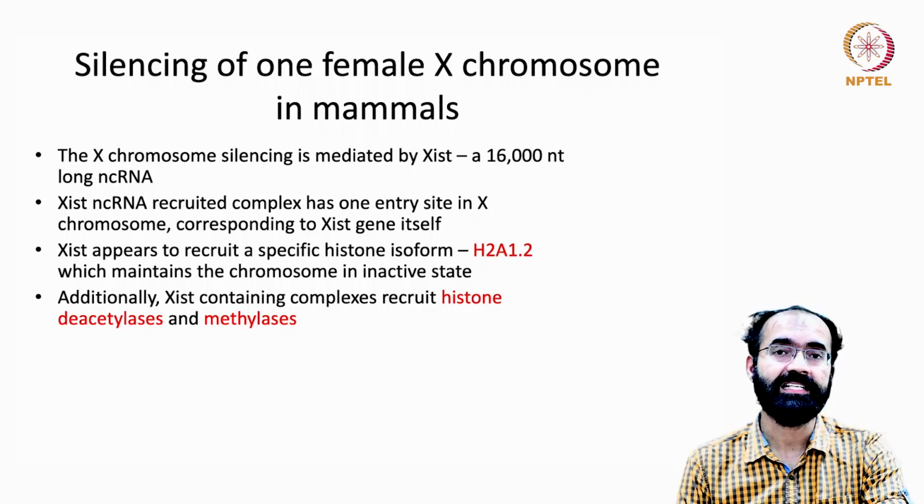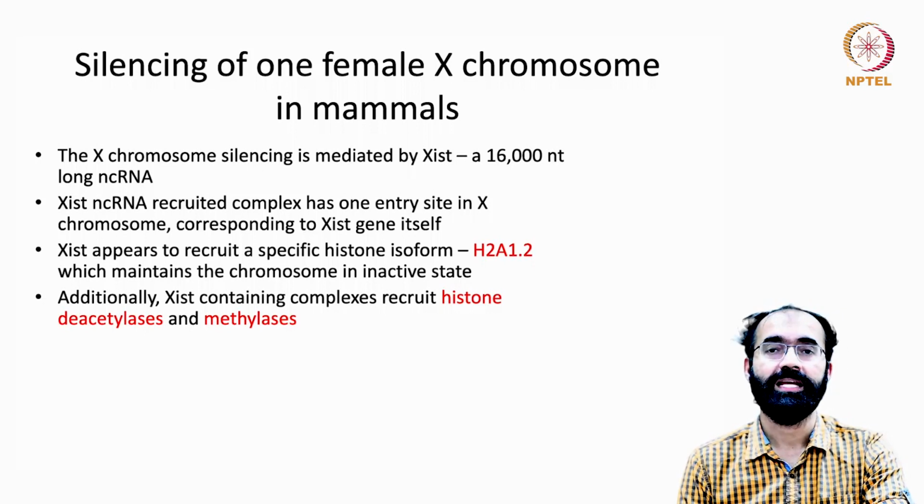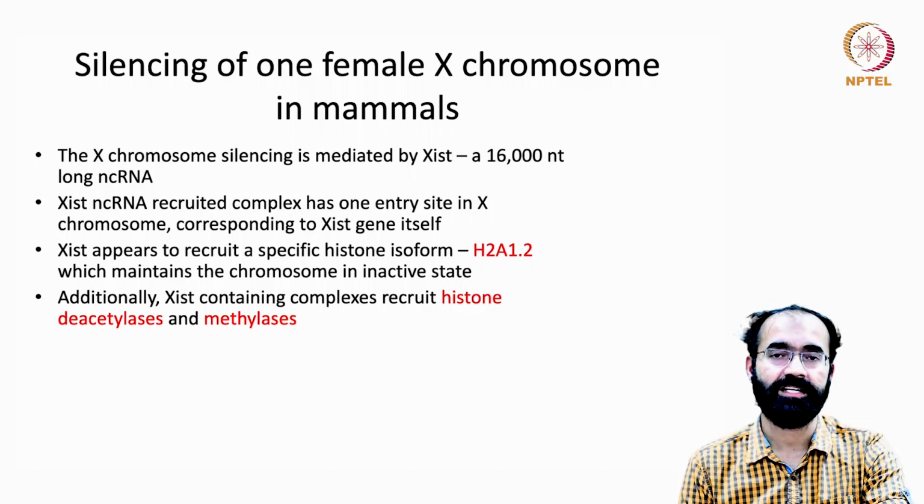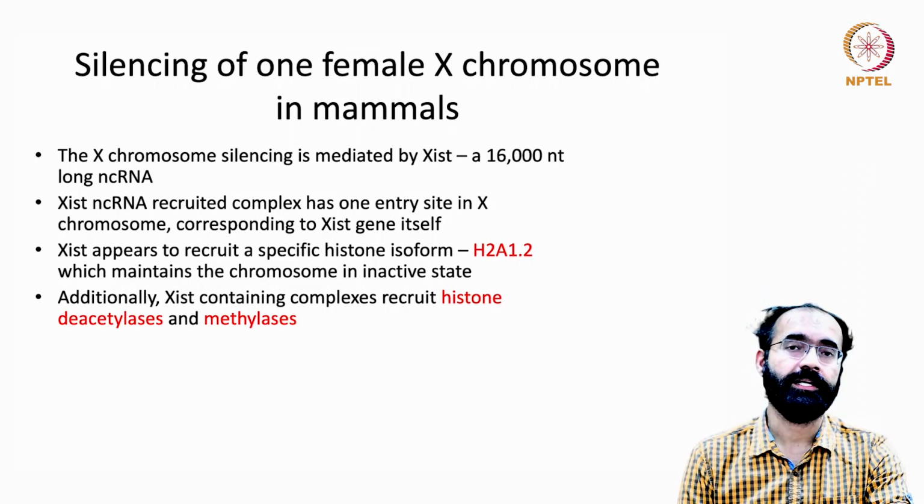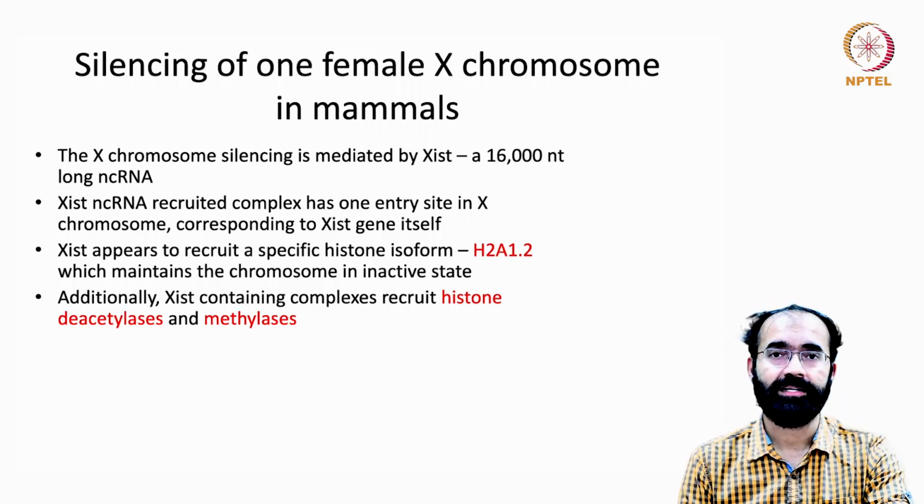So what happens here is Xist, once it is bound onto this chromosome, it recruits histone deacetylase. What is deacetylase? It will remove the acetyl group. Even if there are here and there 1 or 2 acetyl groups attached onto the histone, that will make the chromatin or the chromosome loose packing,